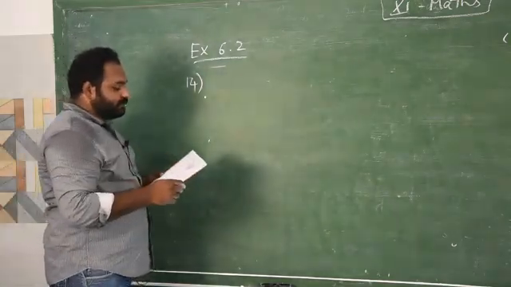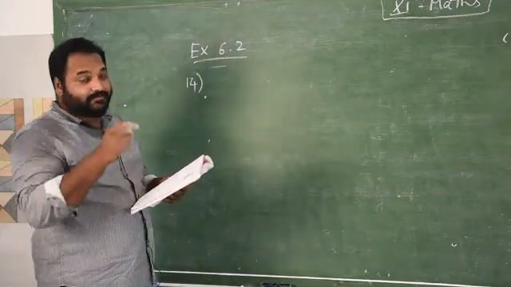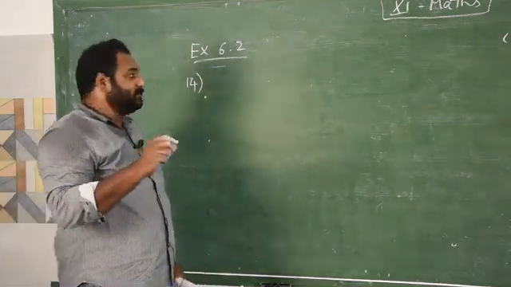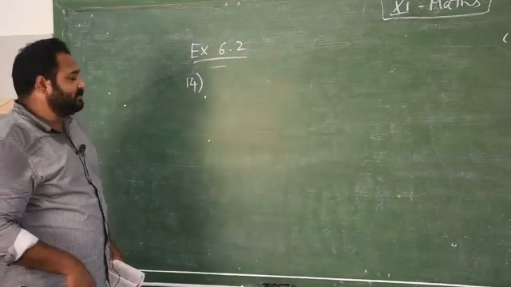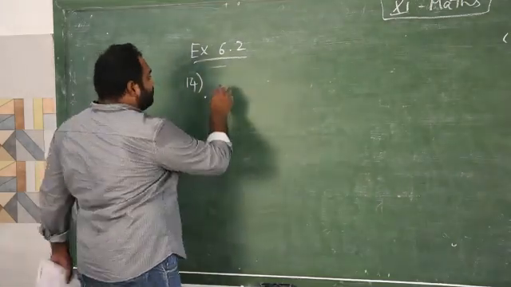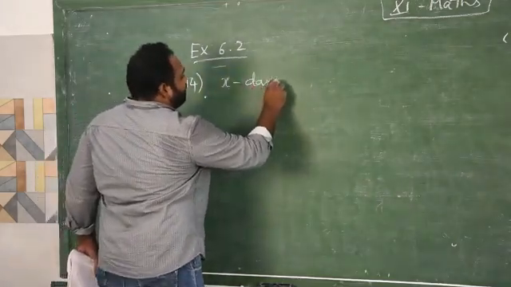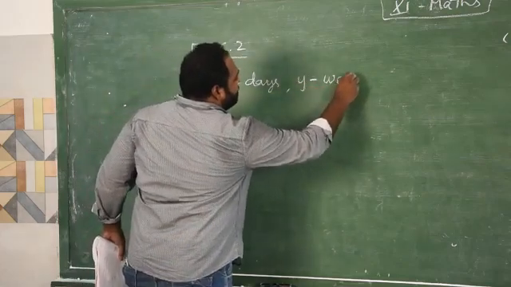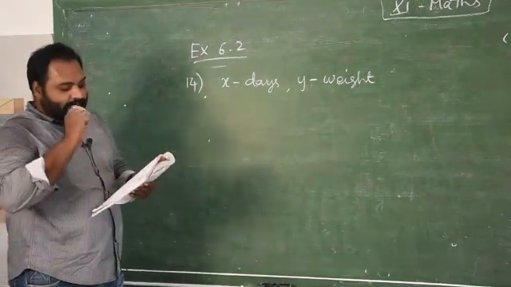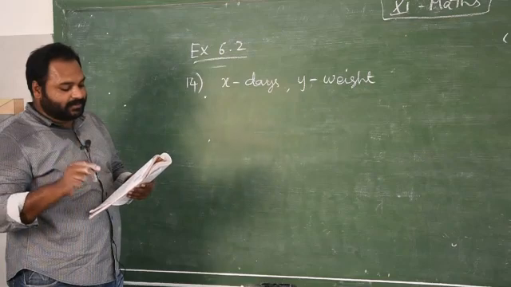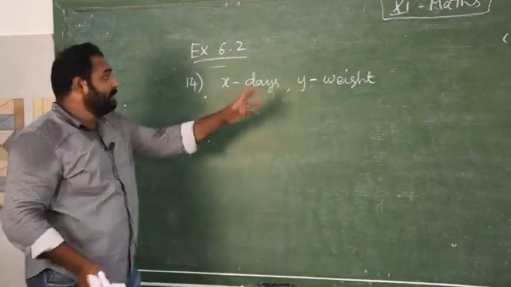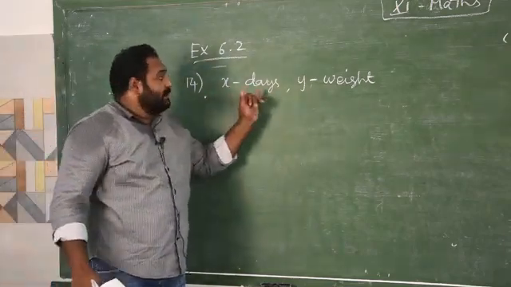The other information is that it is used at a constant rate, lasting at least 24 days. So for 14.2 kg of gas, they use it in 24 days. So two pieces of information are given: one is days, the other is the weight of the gas. Here X I am going to consider as days, and Y as weight. They are asking two subquestions. One is to find the equation relating the gas weight and the days.